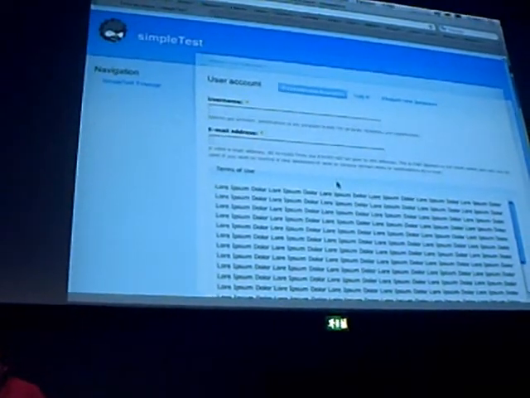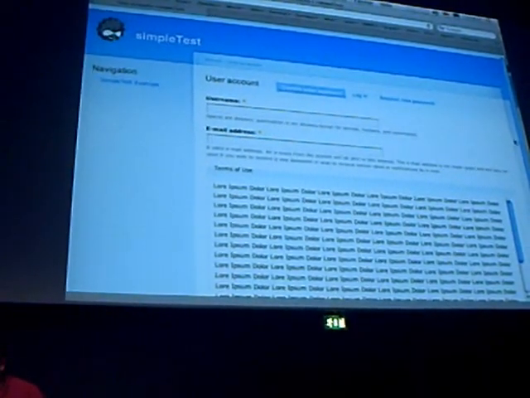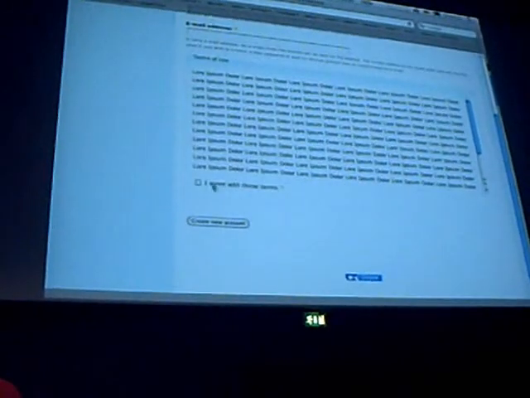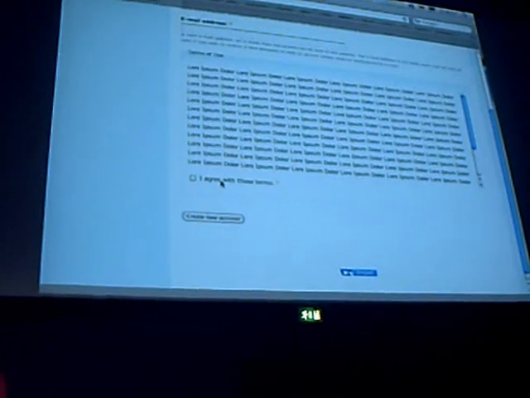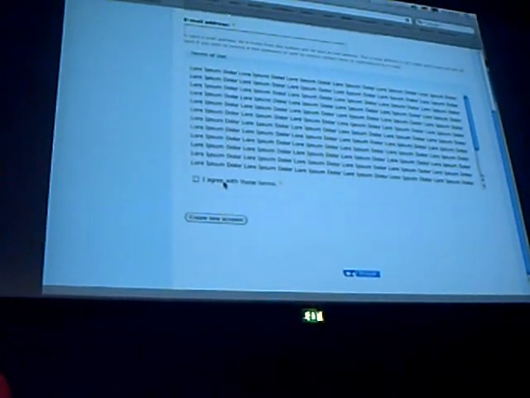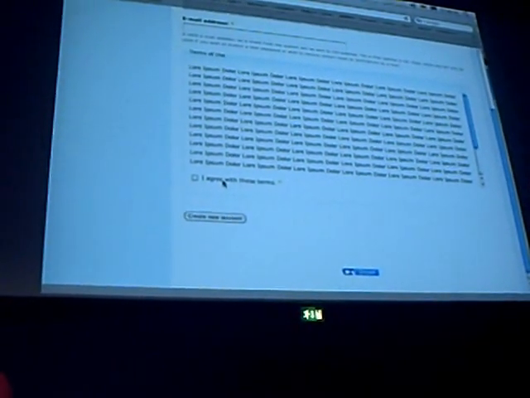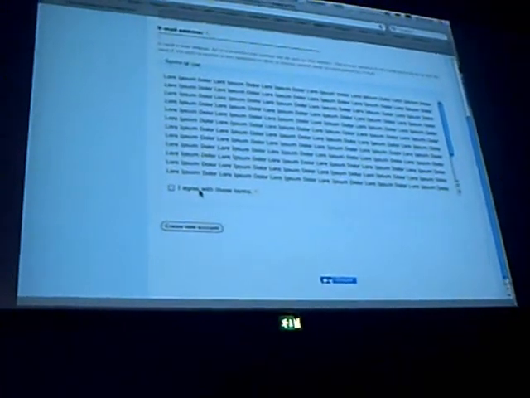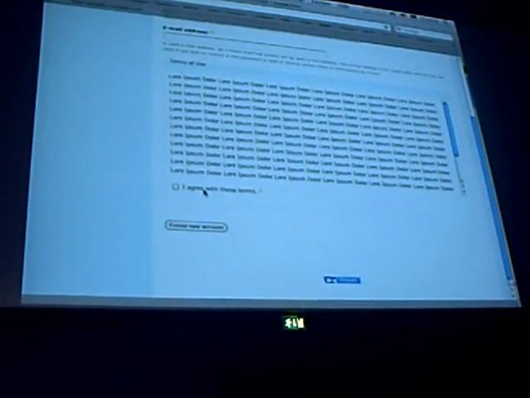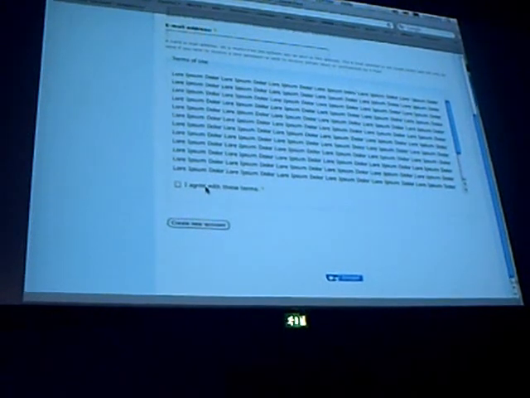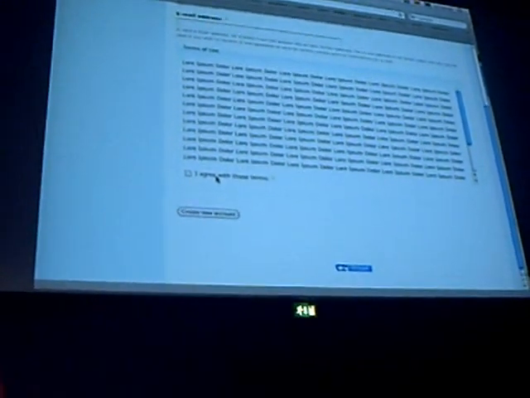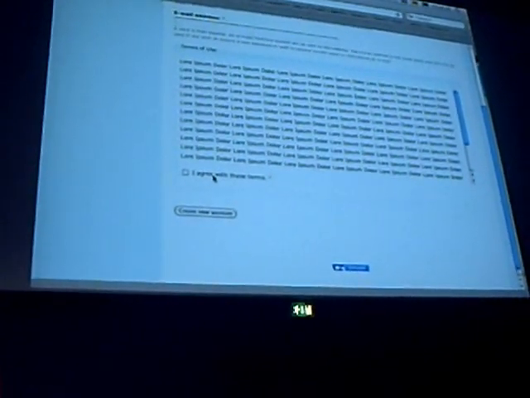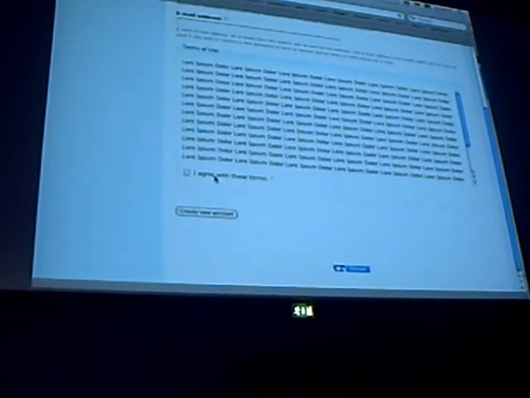If you want to create a new account, you get a terms of use box added and a checkbox: I agree with these terms. The problem in Drupal 6 core is still that checkboxes that are required are not really required. You can circumvent this. You can use the, I forget the module's name. There is a Checkbox Validate module, that's it. You can